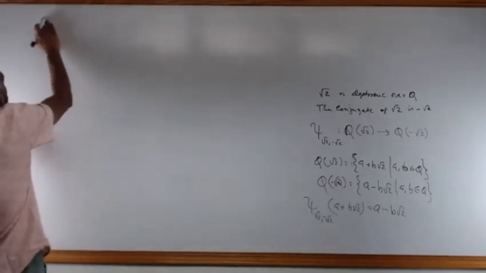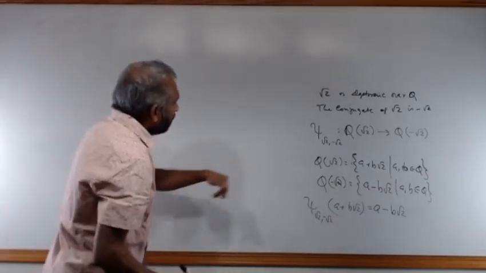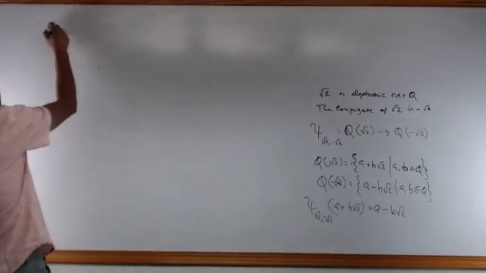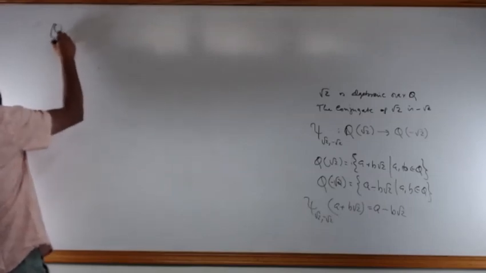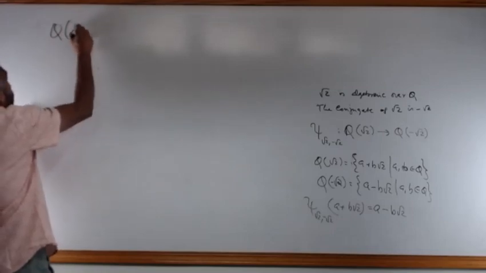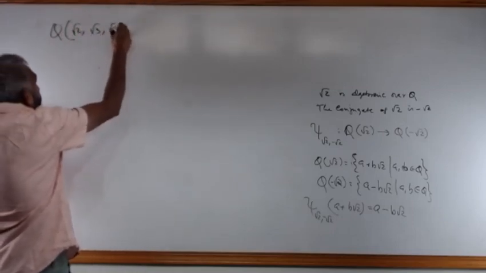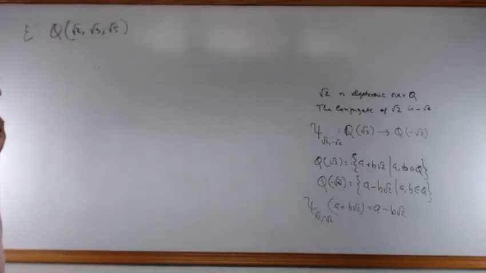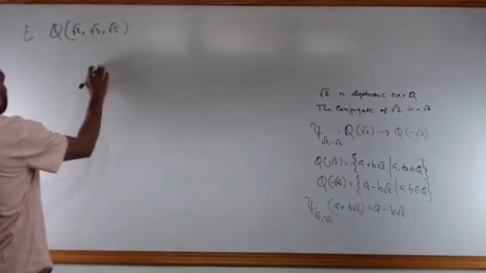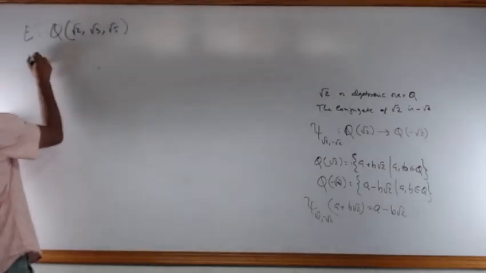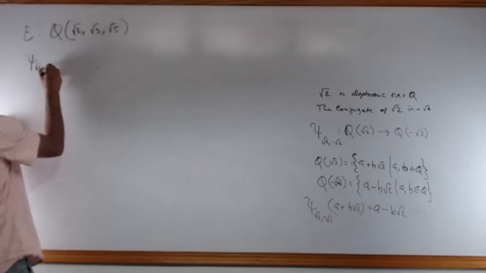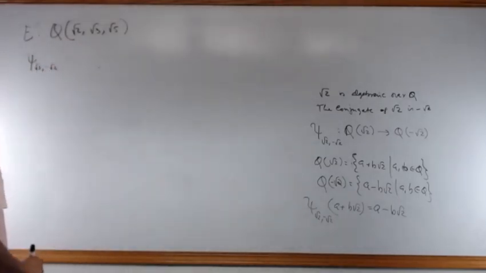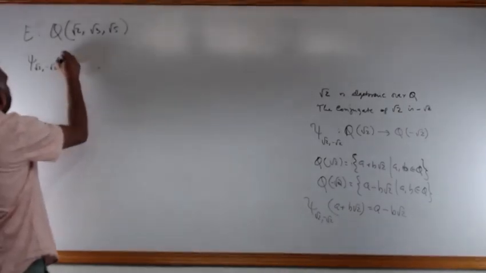Let us do some examples, and then some of little more complex examples than this. Let us consider a field Q of root 2 comma root 3 comma root 5. Let it be E. And let us take psi of root 2 comma minus root 2